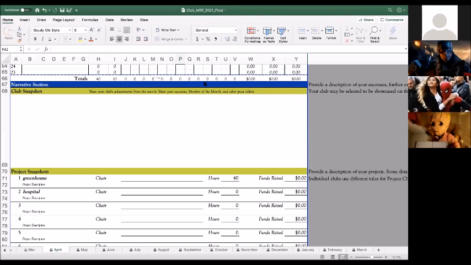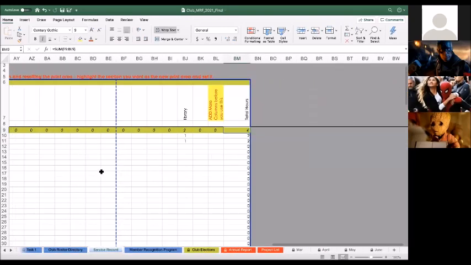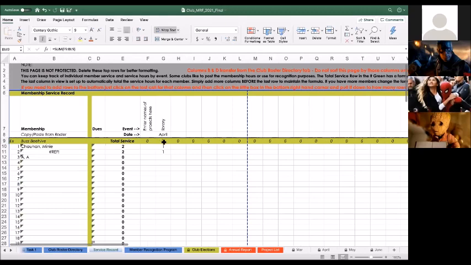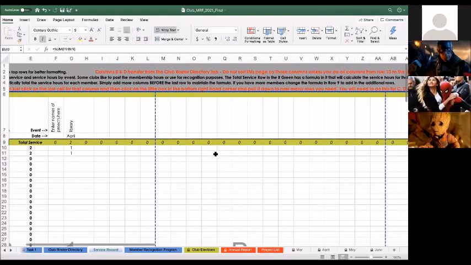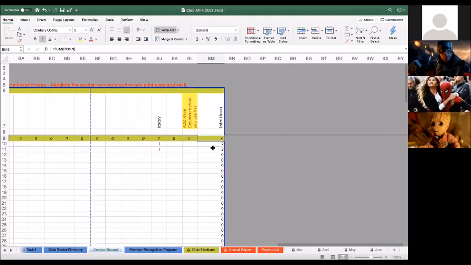How do you set up the hours again for each member? I noticed that when you were demonstrating how to calculate service hours in total, both had 1 and 1, but then both of their totals were 2 hours. Okay, let me just go back to that. So for that, it says how many service hours were collected in that specific service event. For the specific member, that will be shown on a different sheet. So Minnie, could you scroll to where it shows the total hours for the member?